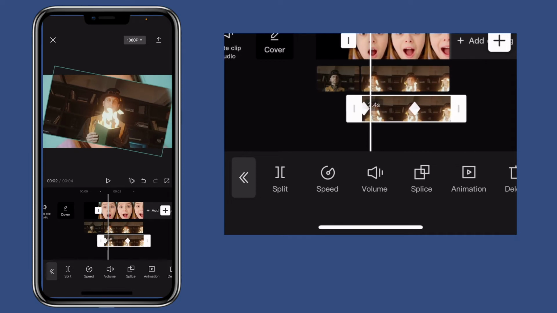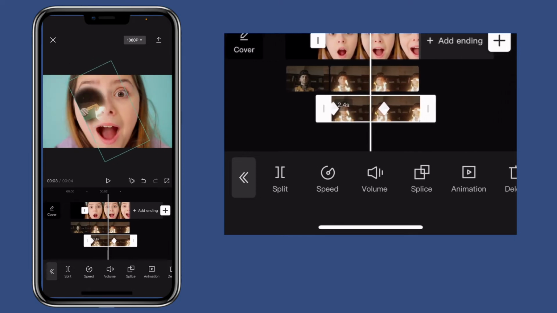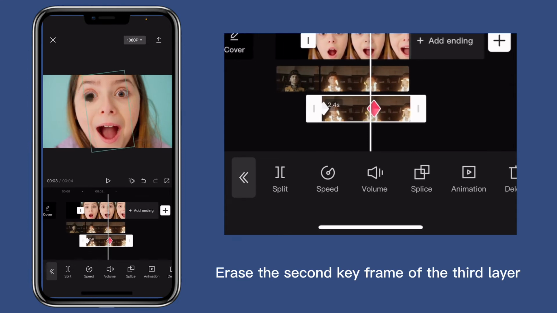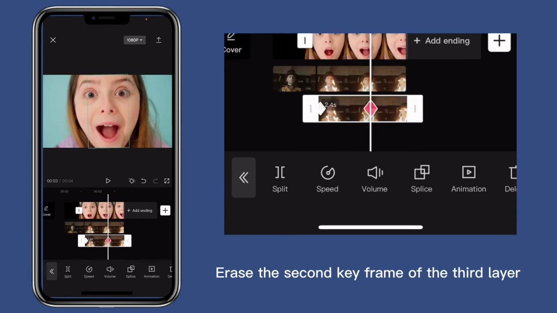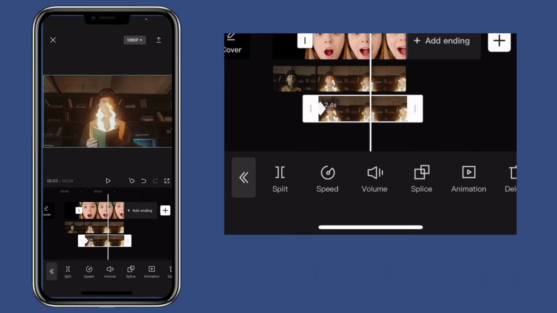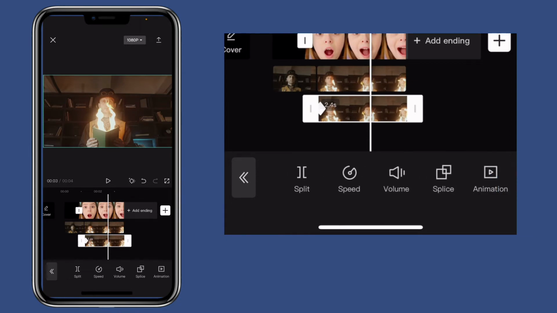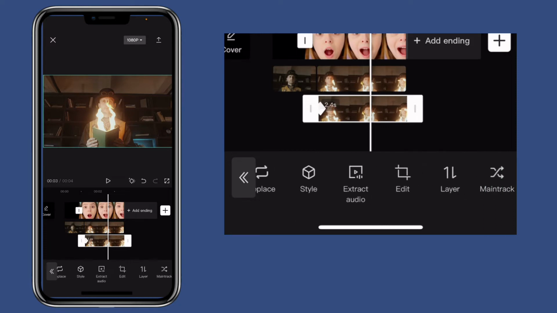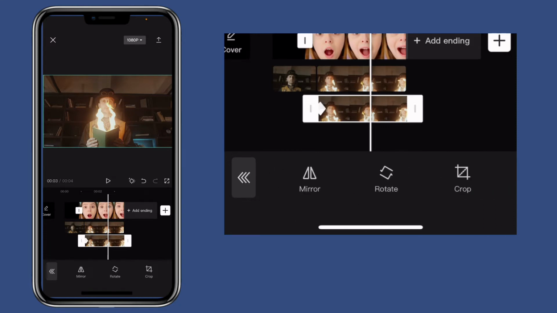You see the first keyframe has already been set up. So what I want to adjust right now is the second keyframe, right? I'm going to select it first, and then I'm going to remove it, and then I'm going to adjust. Actually edit, I keep saying adjust, edit. And then instead of clicking on the rotate button, you want this time,